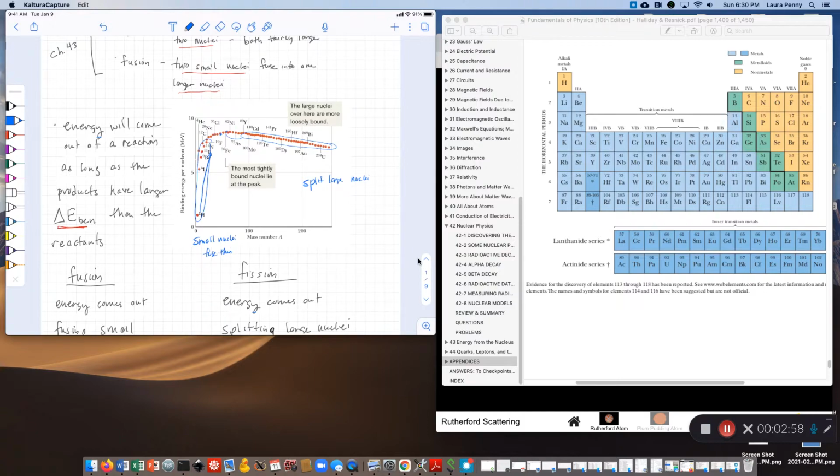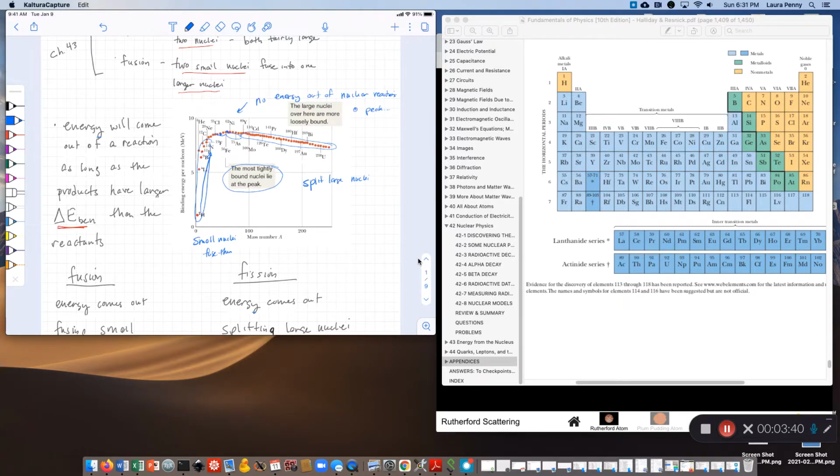But when you get to things like here, you can't do anything with these. Anything you did, if you moved this way, it'd have less binding energy. If you went this way, it'd have less binding energy. And so these are the most tightly bound, at this peak, and you really can't do anything there. It's sort of nickel and iron. All of these are the things where you can't bind things together. You can't get any energy out of a nuclear reaction, fission or fusion, at this peak.